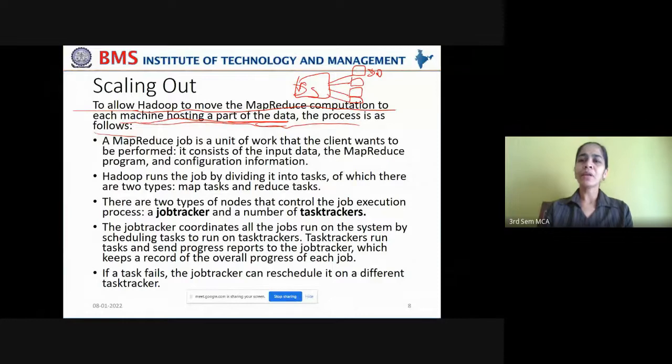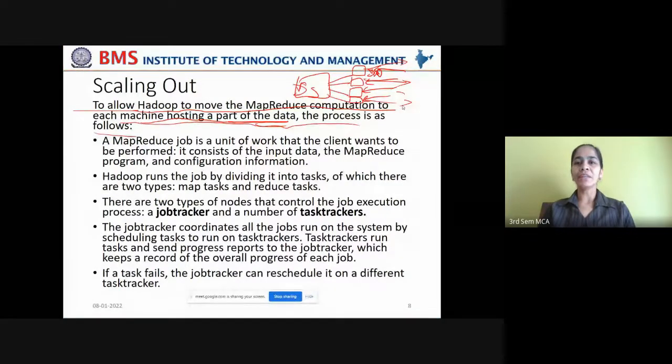These data nodes have the fragments of the data set, and you have to pass the computation to all of them in order to perform the execution, get the results out of these data nodes, and combine all those results into a single consolidated result. Now, the MapReduce framework is responsible to perform this entire task.